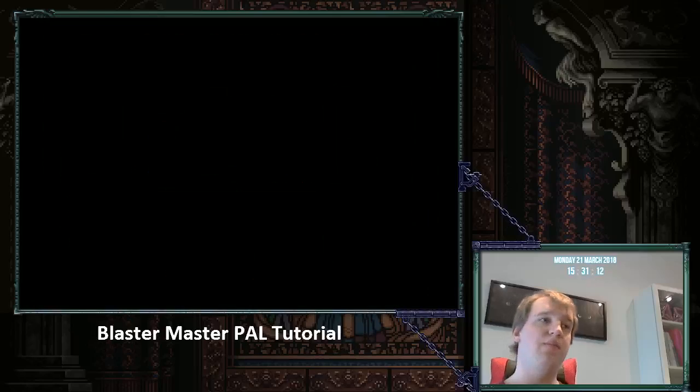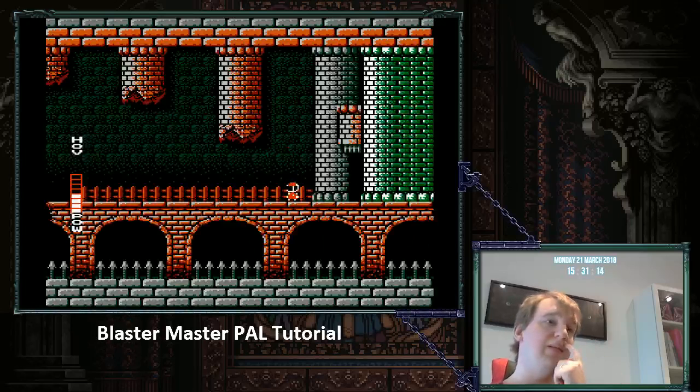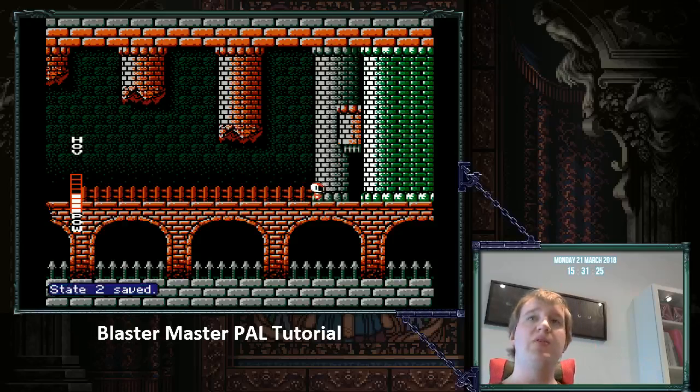Yeah, you see, kind of like that. So here, there's actually a new strat developed here, which is easier than the current strat. But I'll show you the current strat first. So what you need in this room,